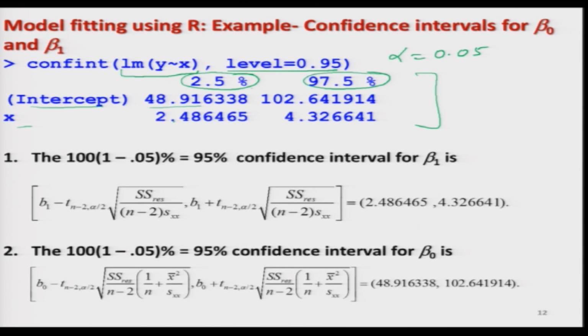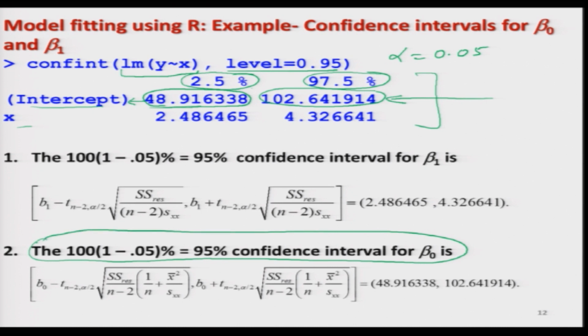So, let us consider all the things one by one. First I consider the second row, which is here. You can see there are two values, one is this and second is this. Now, this is giving you the confidence interval for the intercept term. If you look at the bottom of the slide, from the theory we had obtained the 100 times (1 minus alpha) percent, which is 95% confidence interval for the intercept term beta 0 by these two commands. And if you compute this quantity manually,